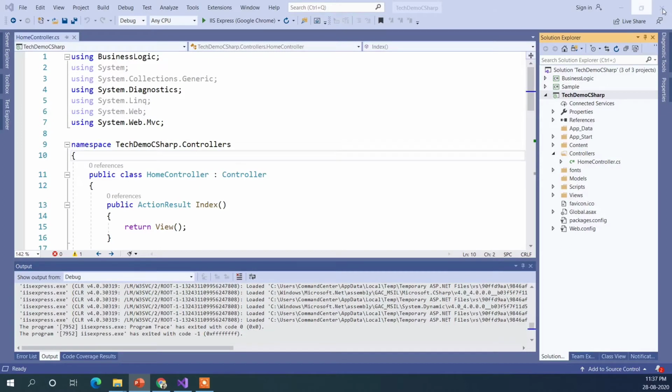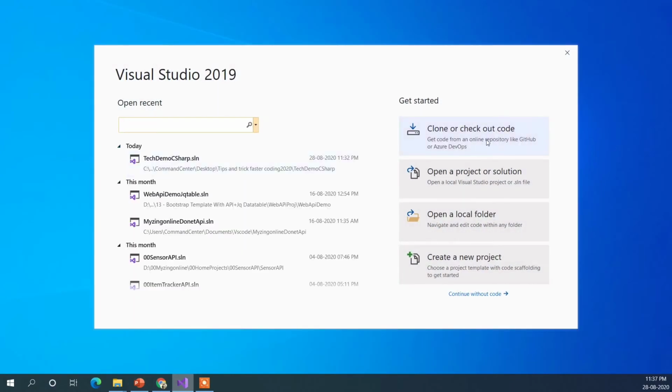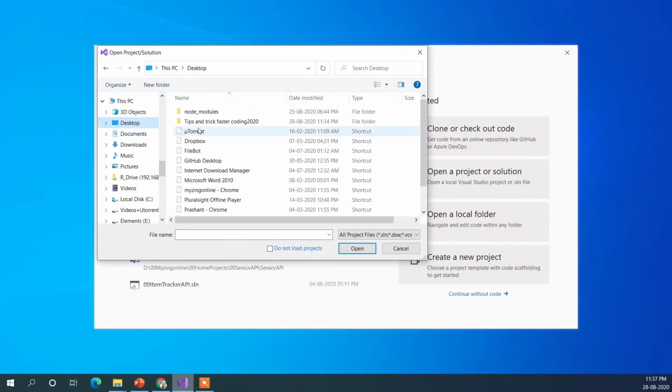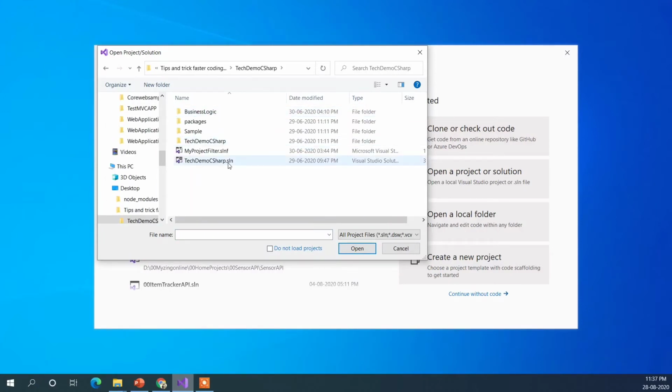In order to open it, we need to close the solution first and click on Visual Studio, and here we go to Open a project or solution. My project resides on the desktop, in tips and tricks, and this one is the one.